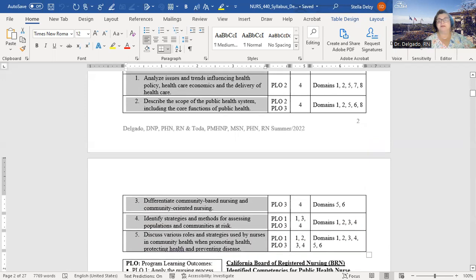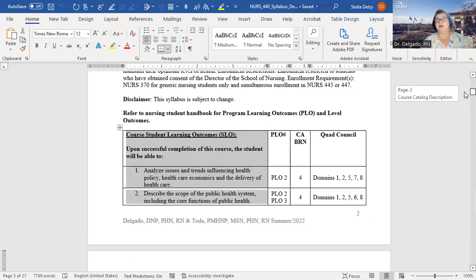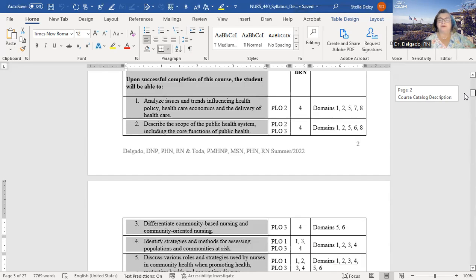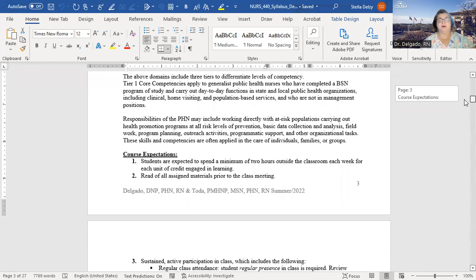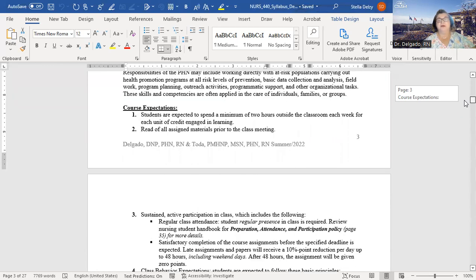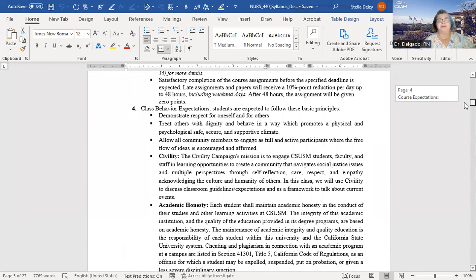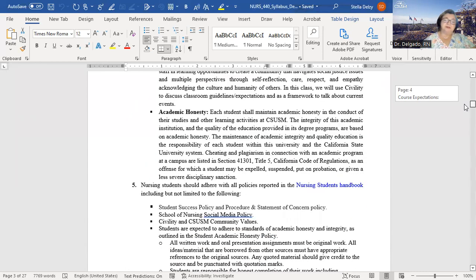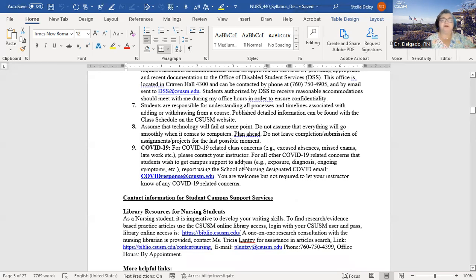Okay, same exact objectives. And the information that you see listed in the right columns are the objectives that are required by the California BRN, the Quad Council, and the program learning objectives. So all of these are covered to ensure that you are all going to progress through the program, obtaining the needed information that's required. As with the rest of your other syllabi, the beginning of this syllabus is pretty much the same. Information I want to point out is the COVID-19